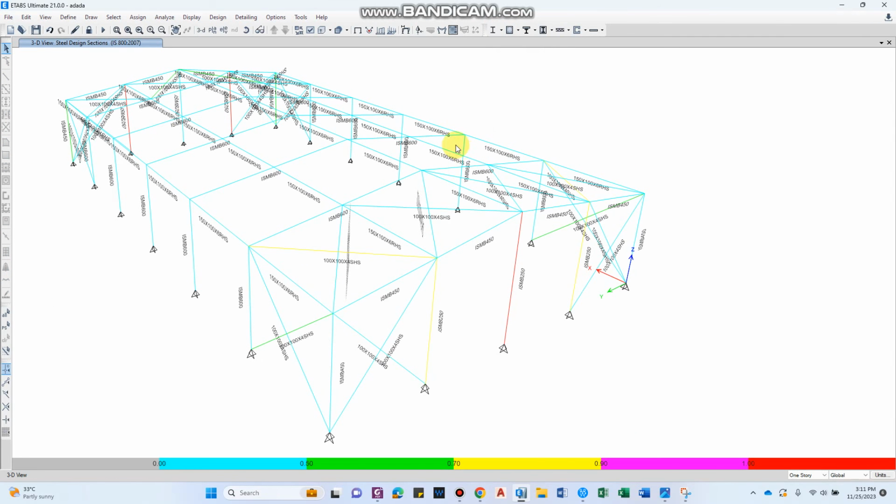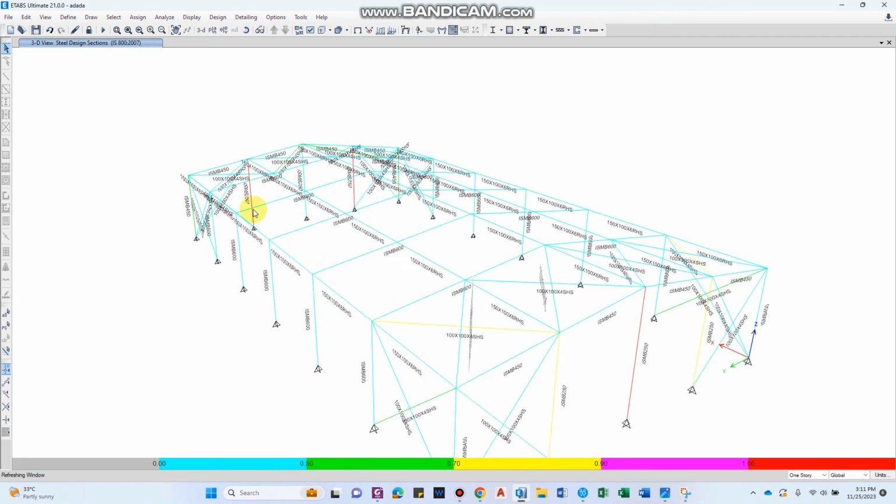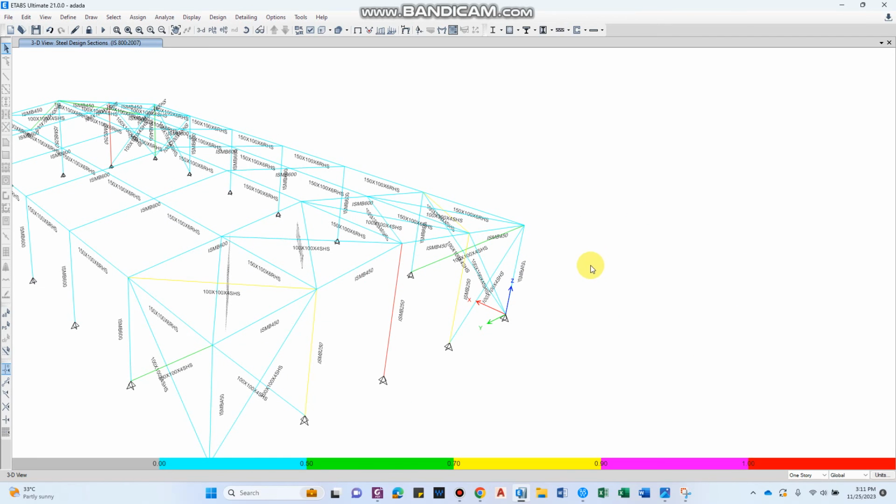Yep, so the section size is now okay. So what is the capacity here? 1.025, so that is acceptable for this one. Okay, so in this way we can design the portal frame,